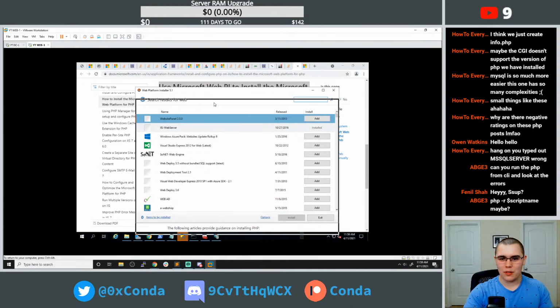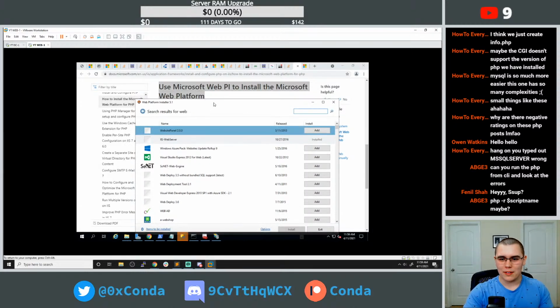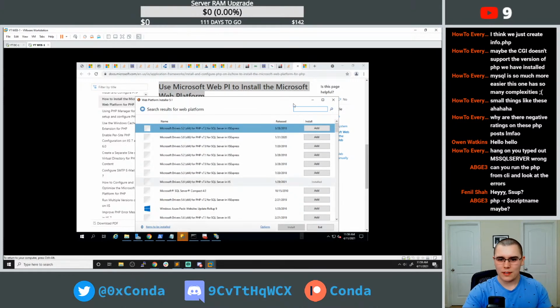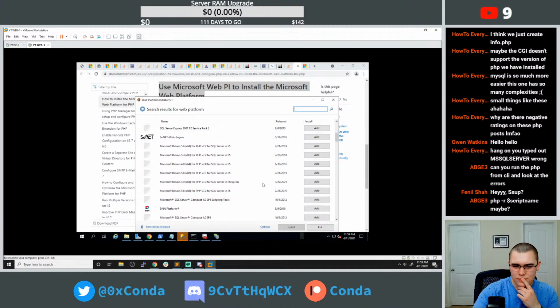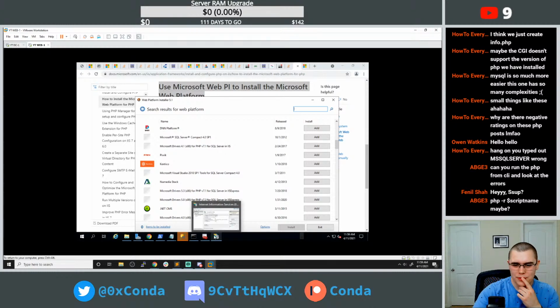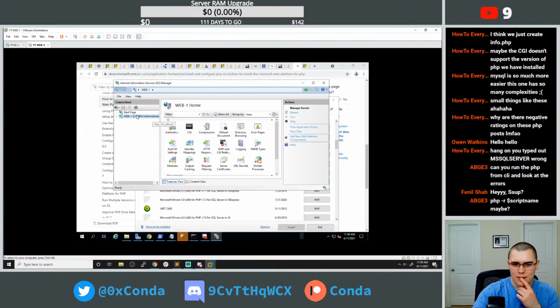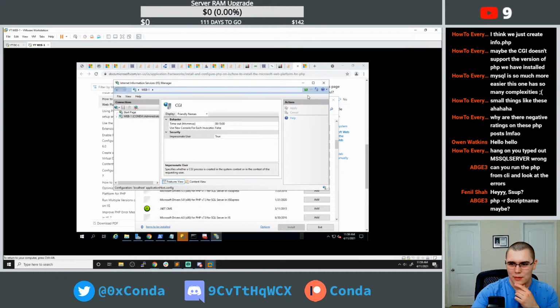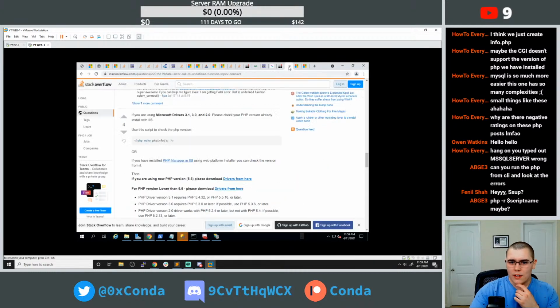What were we even just looking for? Web platform. Yeah, what are we missing? Let's see. I wonder, well, now since we installed that, do we have this in IIS? Do we have anything that would have to do with PHP in here? No, not that I see. Okay. Well, Microsoft drivers,